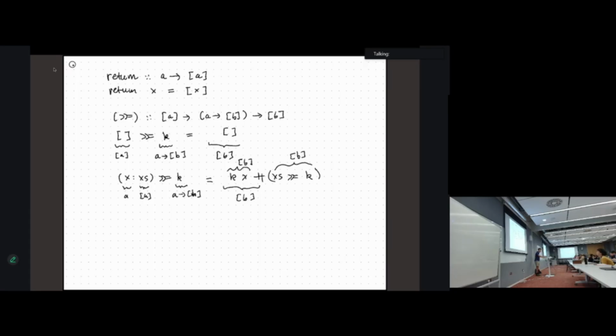Okay, so let's just try and understand this, because if you have not seen this kind of trick before, it's a bit weird. We're recursively defining bind in terms of itself. Why is it okay? Because we're doing structural induction on the input list. So we've stripped off one value x, and then we're going to apply a k to that. And now we know that this list xs is one smaller than the x cons xs we started with. And so when we do this thing, we know that this xs is one smaller than the thing we started